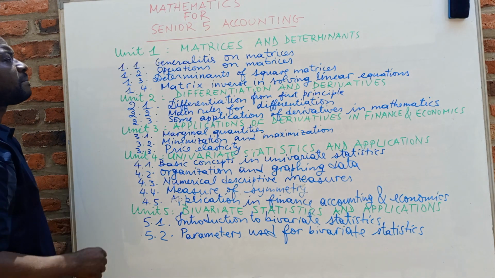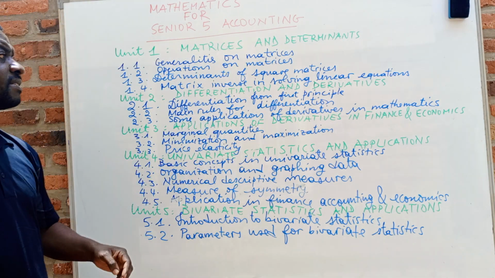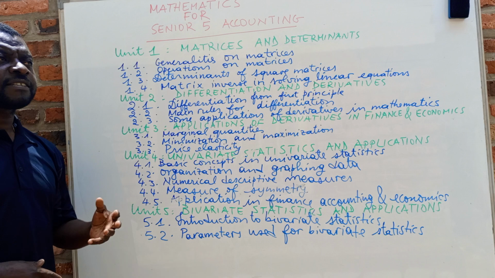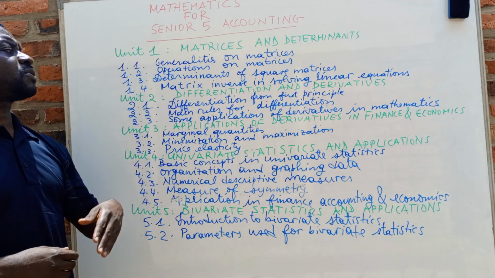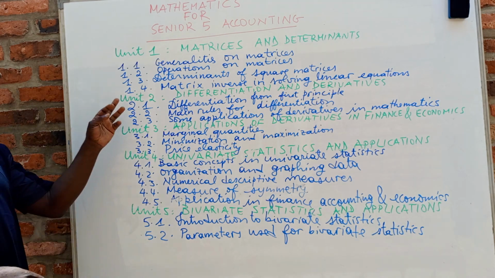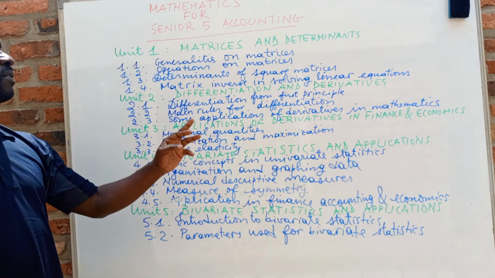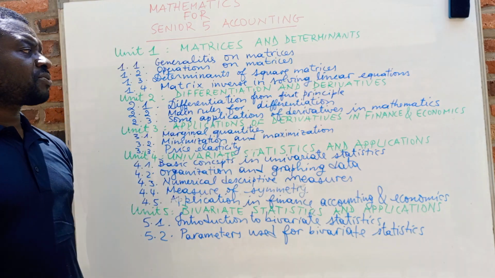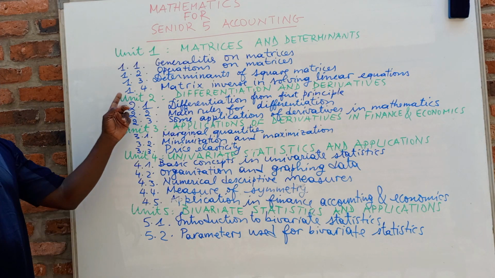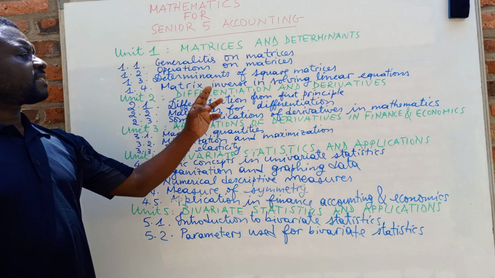The second subunit is the operation on matrices. These are just binary operations on matrices. Subunit 3 is about determinants of square matrices. And subunit 4, matrix inverse,